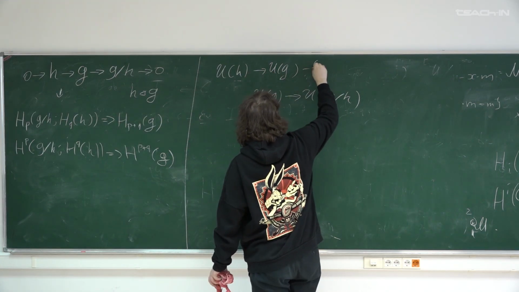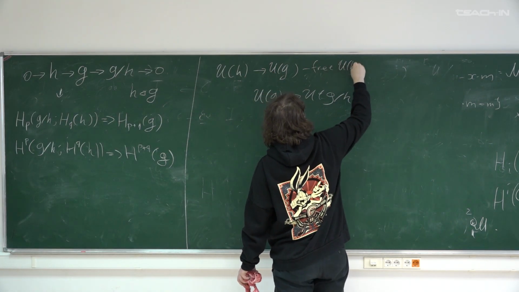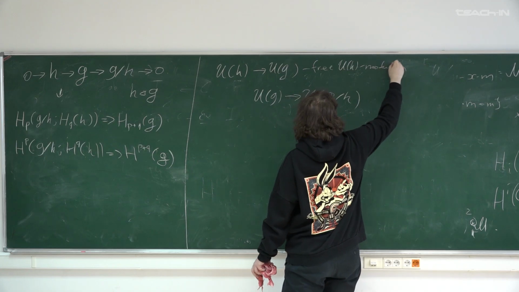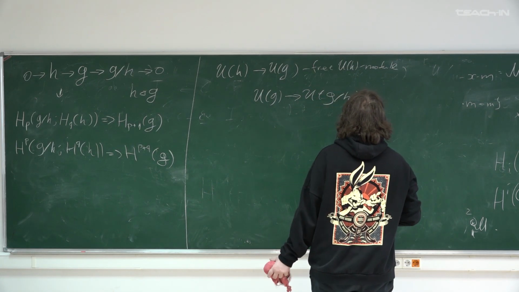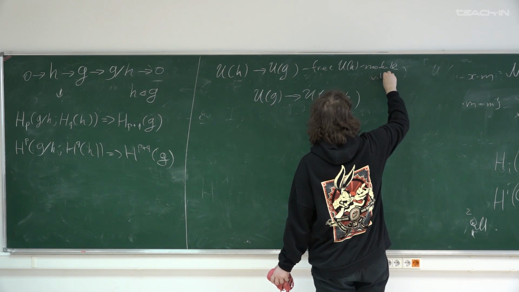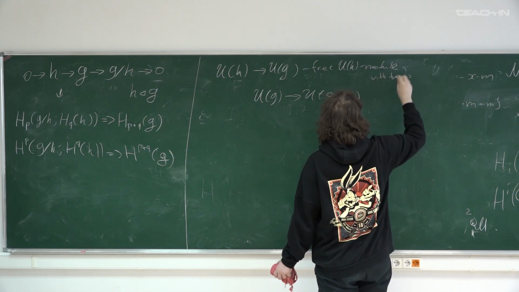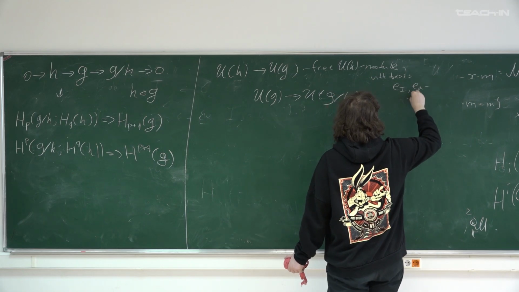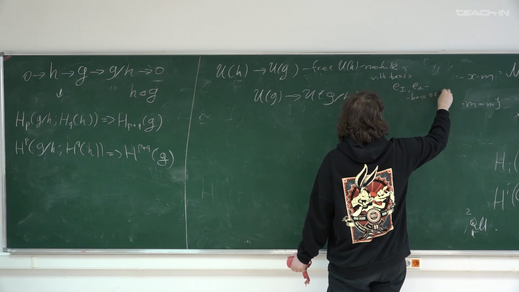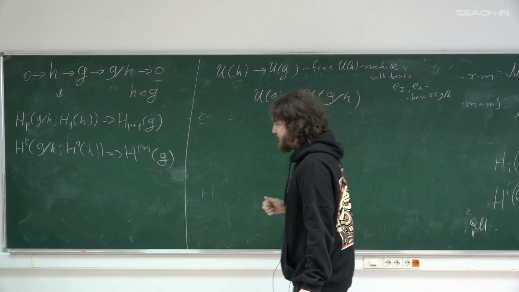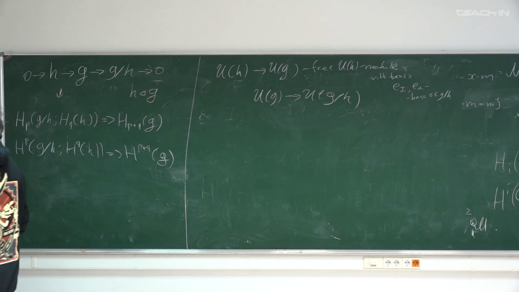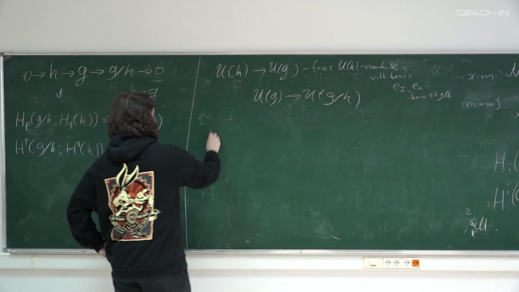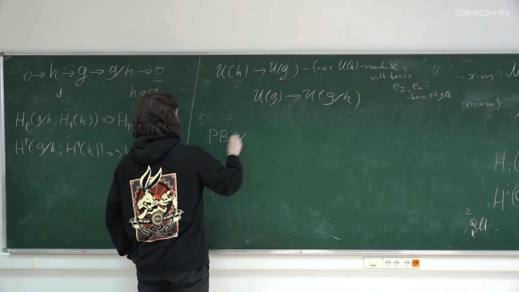It's a free UH module with basis the monomials in e_alpha, where e_alpha is a basis of the quotient. It's a consequence of the Poincaré-Birkhoff-Witt theorem. The Poincaré-Birkhoff-Witt theorem says that if we have any